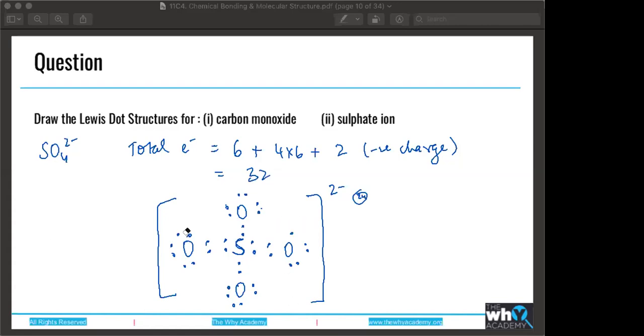So basically, in the structure of sulfate, you will have 2 double bonded oxygen and 2 single bonded oxygen with an extra 2- charge over it. So this will be the correct structure for sulfate ion. Okay, so one more thing that you need to take care of is that all of the atoms will have to retain their original number of electrons when they form bonds.